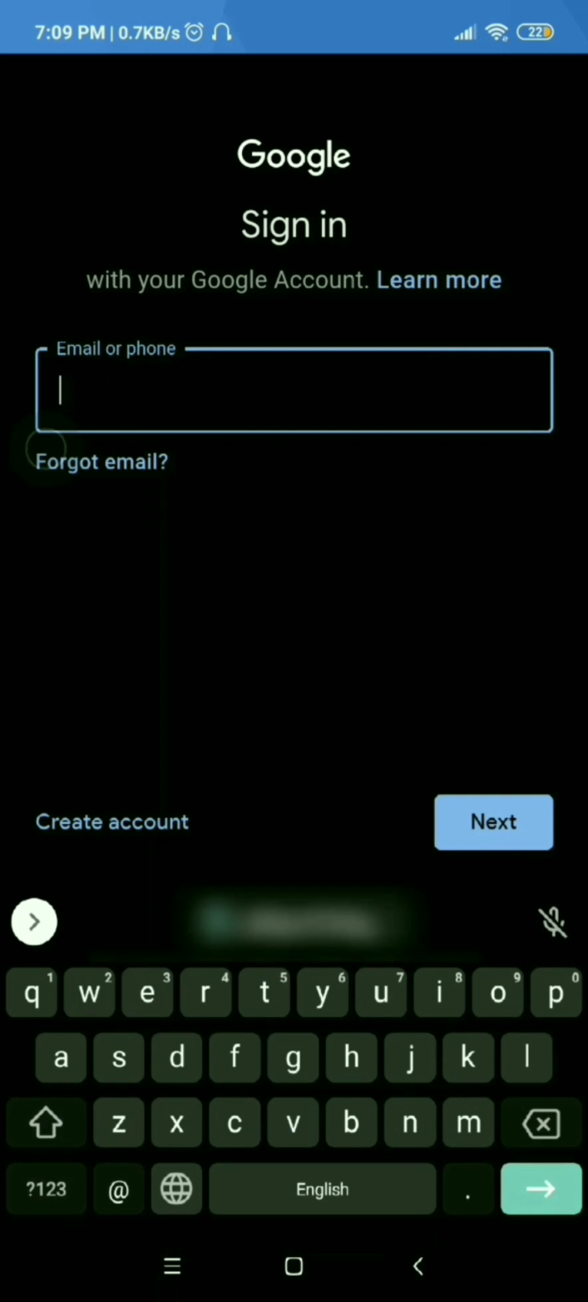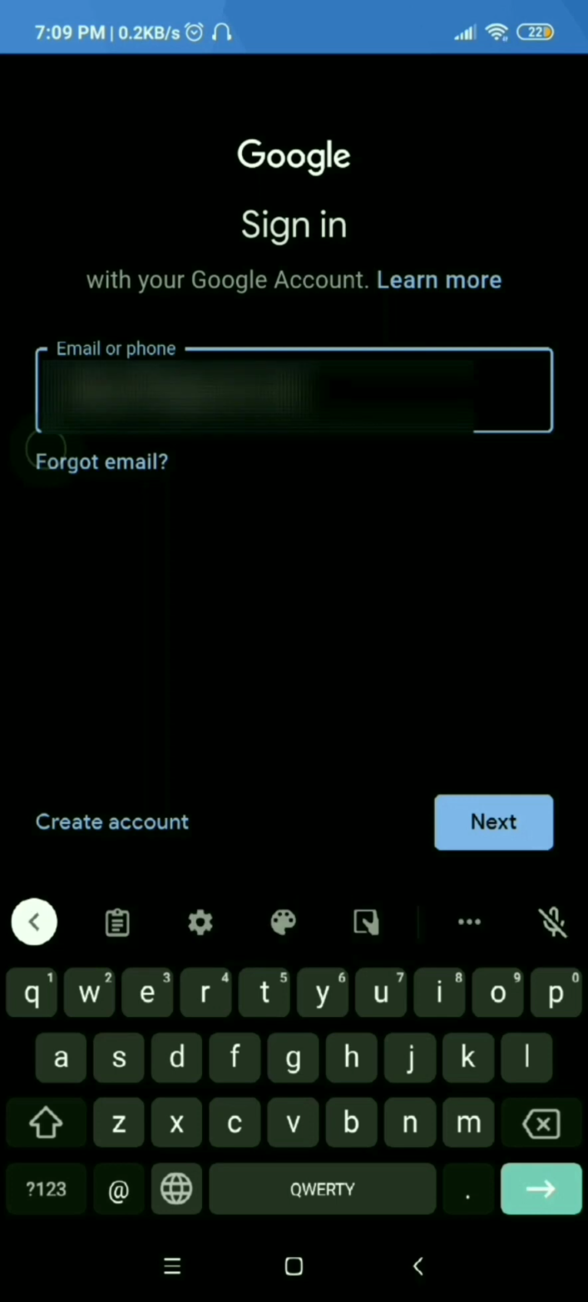So in here you need to provide your Gmail account, and if you don't have your Gmail account, or if you don't know how to create your Gmail account yet, then you can see a tutorial in our YouTube channel. So I'm going to put my Gmail and click to that next option,